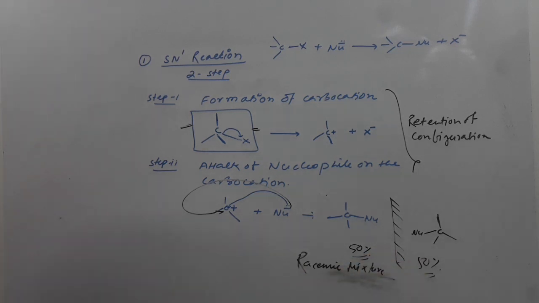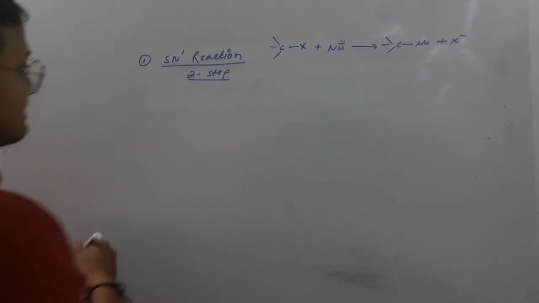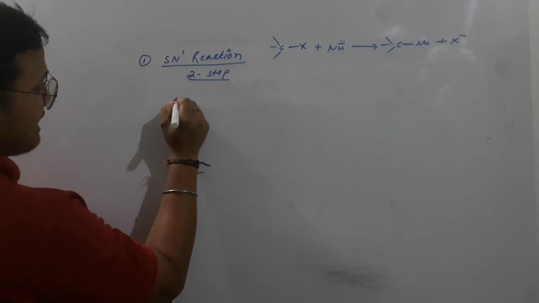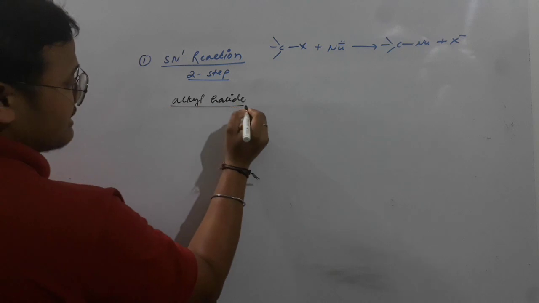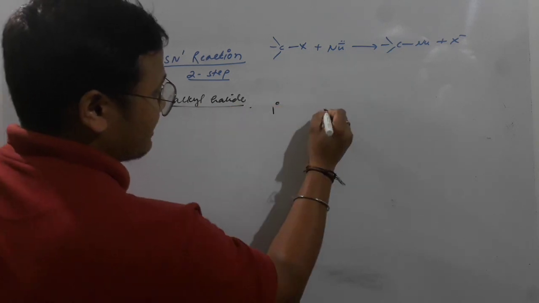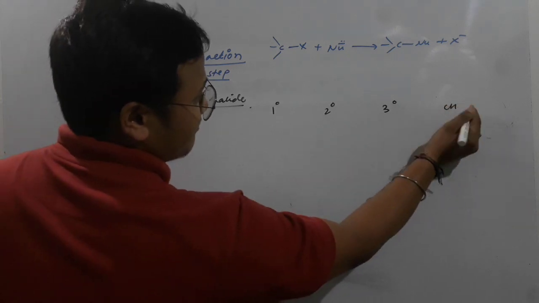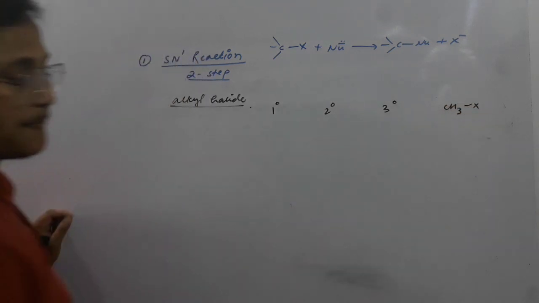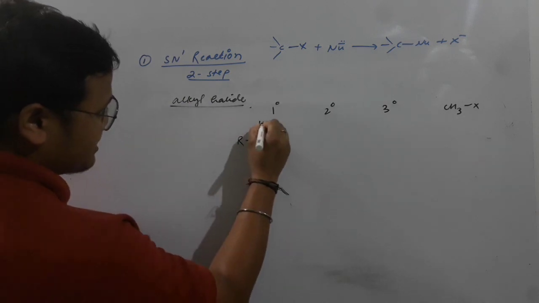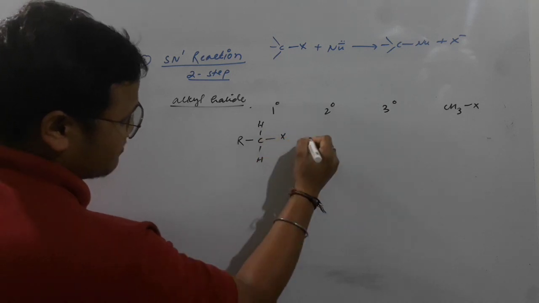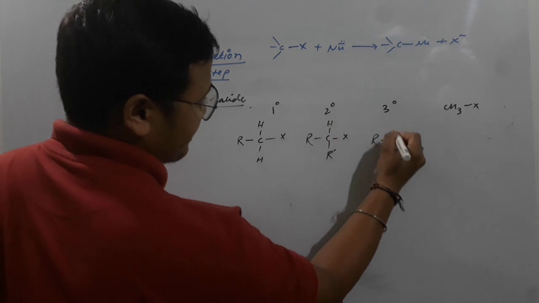Okay, good. Now, another point here is that if we talk about alkyl halide, this alkyl halide can be 1 degree, 2 degree, 3 degree, or methyl halide also, right? Like this, isn't it? Now, if we talk about this particular point, let's have a look here, okay guys? It's a serious thing. You have to know this, because from this part, definitely in the examination you will have one question.